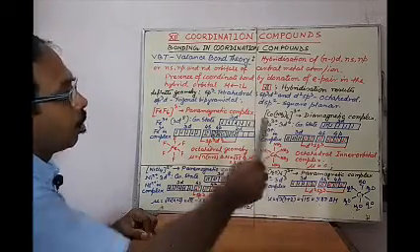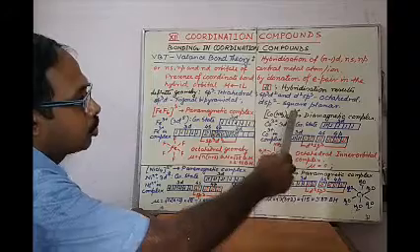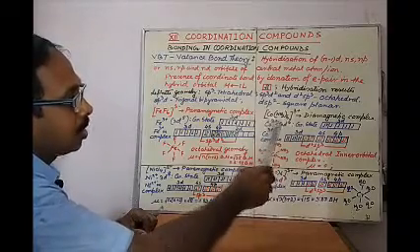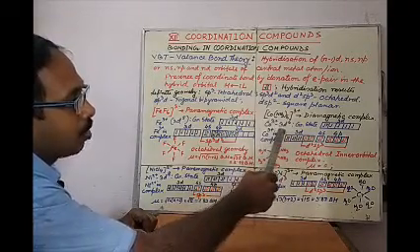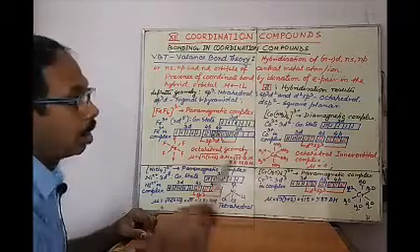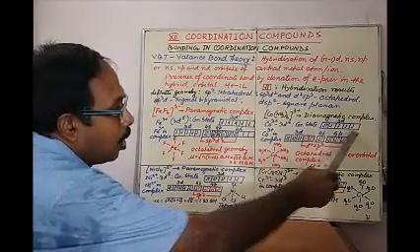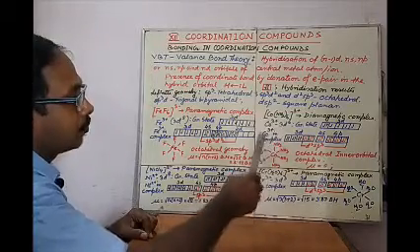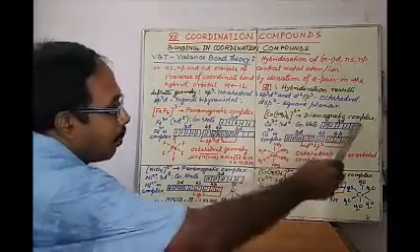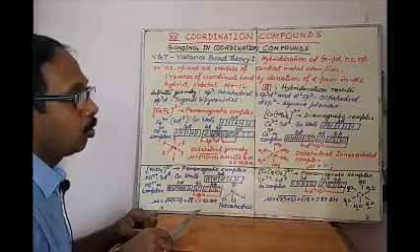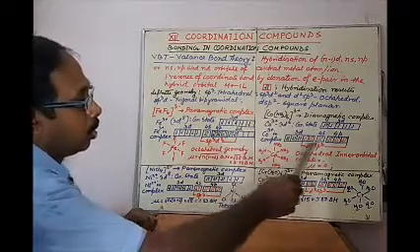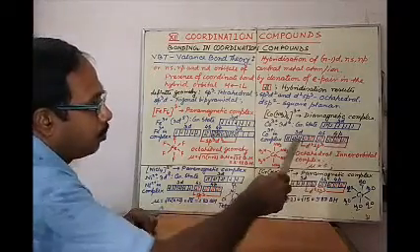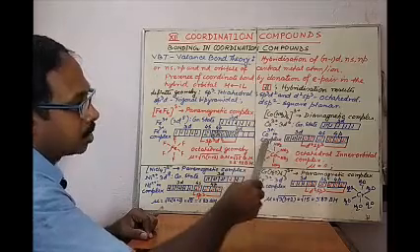Now for this complex [Co(NH3)6]3+, Co3+ is the central metal ion having ground state configuration 3d6. So we can find that there are 4 unpaired electrons initially in the ground state, but in the complex it is found that this complex is diamagnetic. That means there will be no unpaired electrons. Therefore, these electrons are being paired up in the complex.